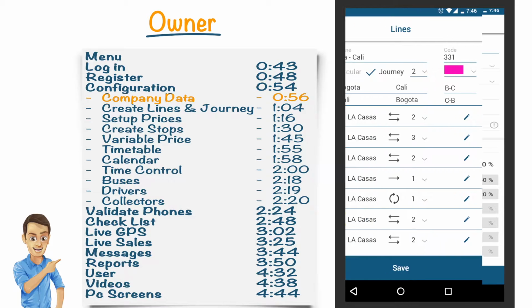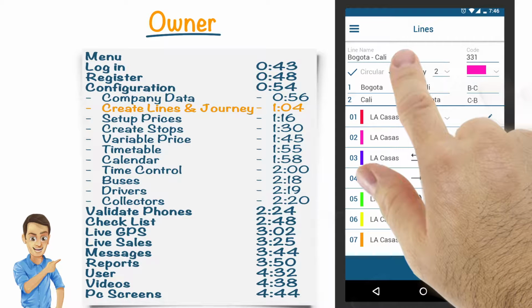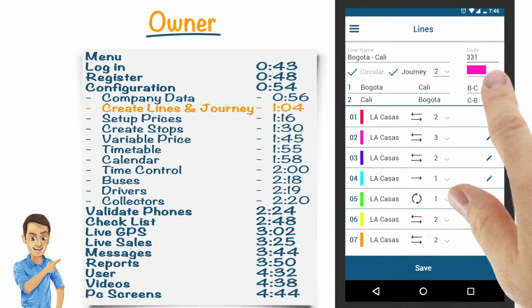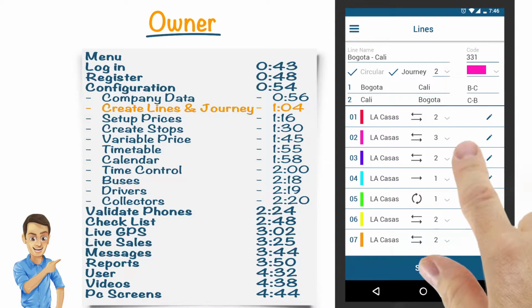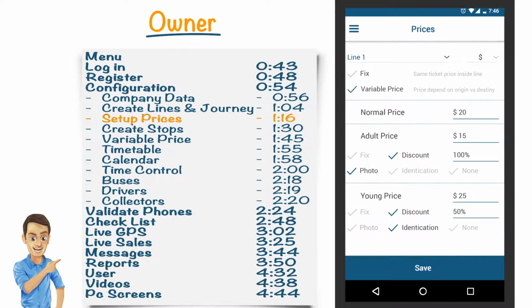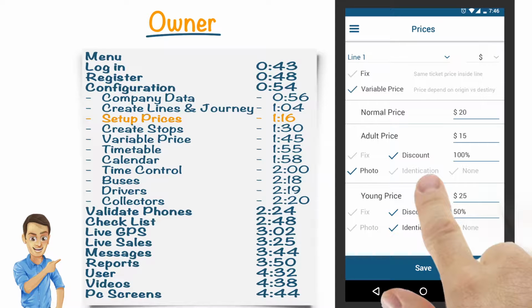Next, we create the lines with the respective journey. We can indicate whether they are circular lines or multiple journeys, like round trips. As they are created, they appear below and can be edited later. Each line will have assigned prices, like for normal tickets or special tickets for the elderly and young. Here we determine whether the driver, collector, should take a picture or even record the identity card when you sell